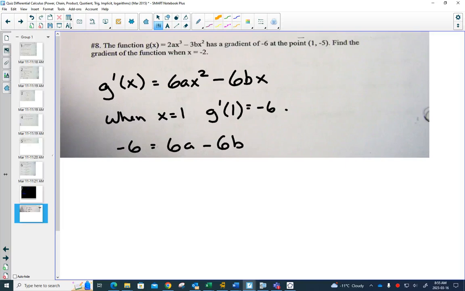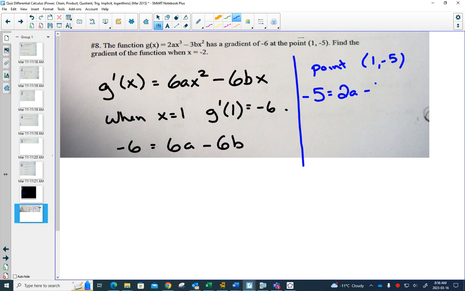I have to see, is there enough information in this question to give me another equation? And the answer is yes. We know, because we know the point (1, -5), what does that mean? In my original equation, when x is 1, y is -5. So in my original equation, I can replace the y with -5 and the x with 1. And I would get 2a minus 3b has to equal -5. I now have 2 different equations